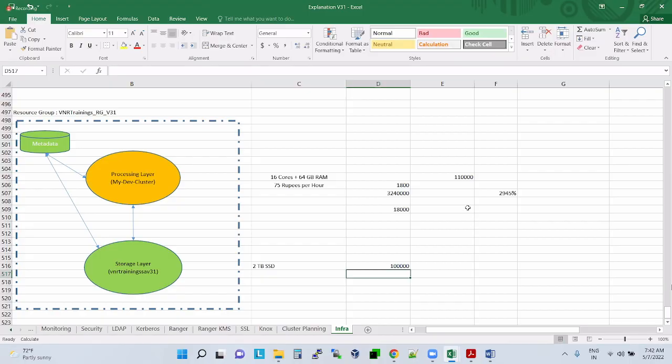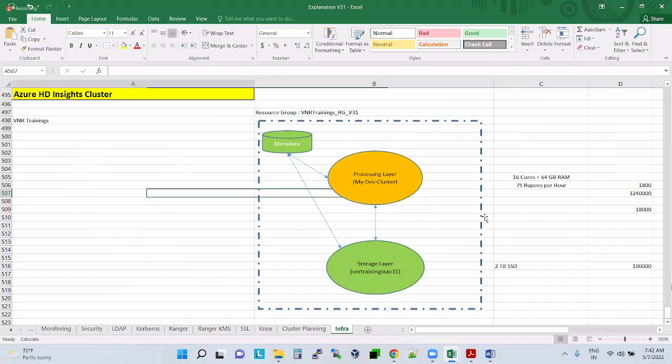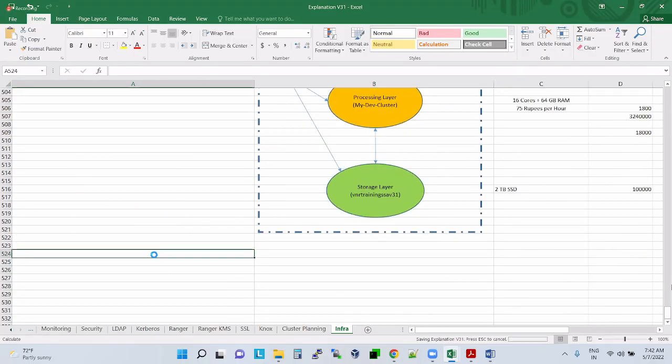So if we take this calculation, buying a laptop is 32 times cheaper, I guess, not 3 lakh times. So when you want long-term use, better to set up our own infrastructure. Cloud is good for shorter usage, because it is costly.